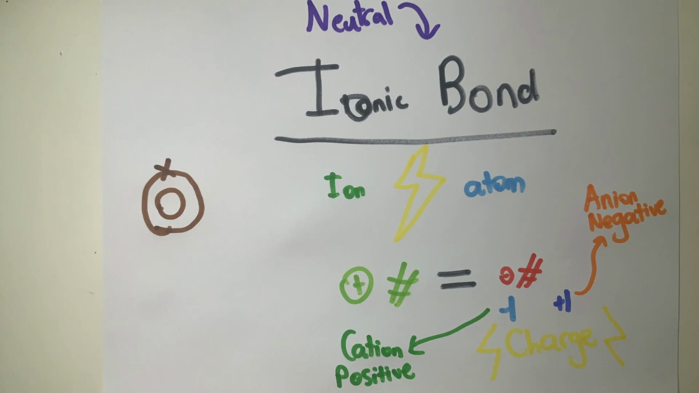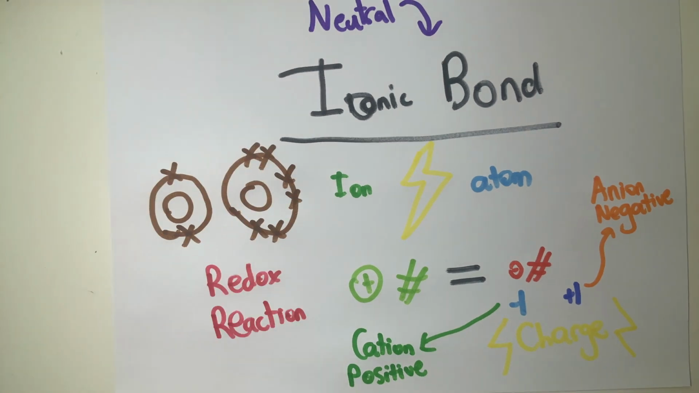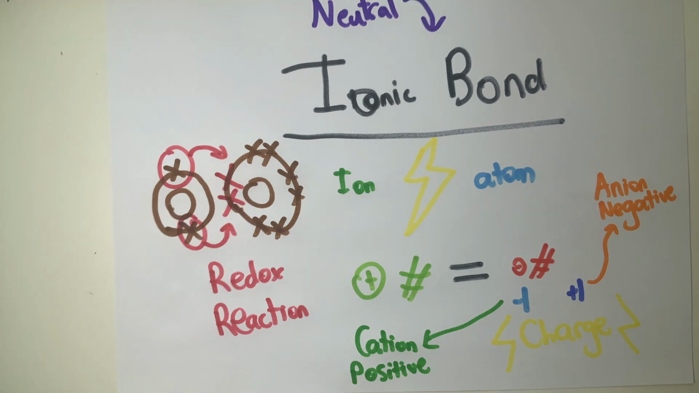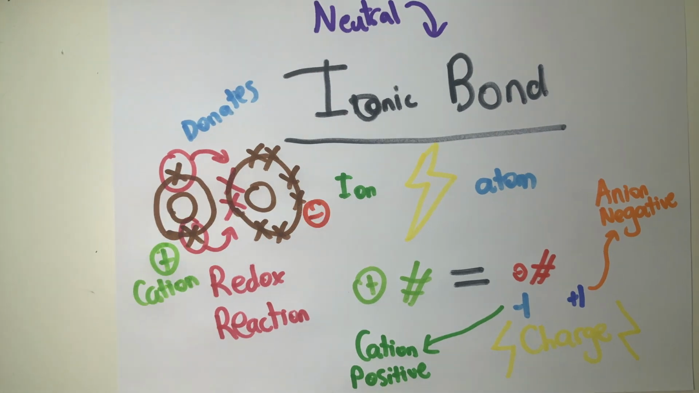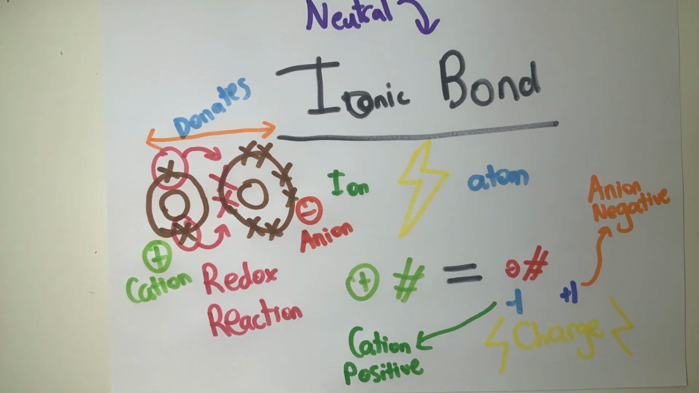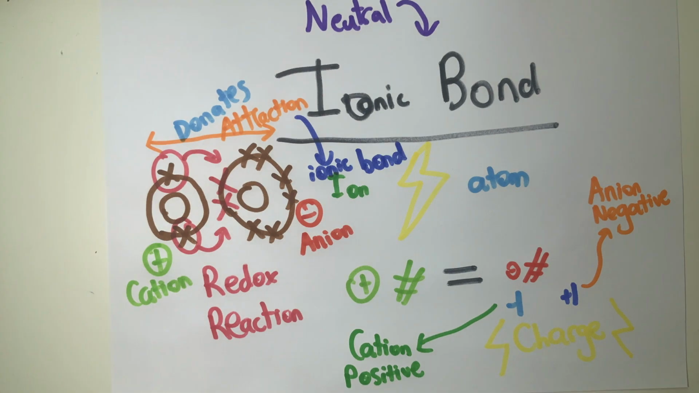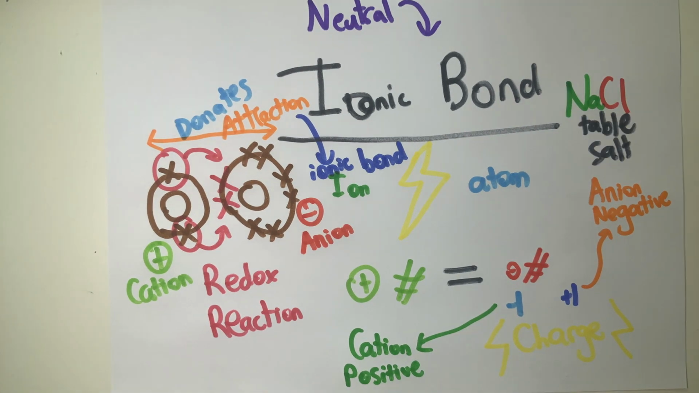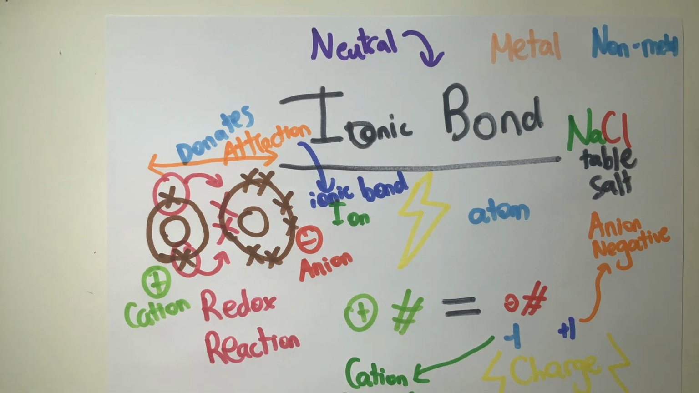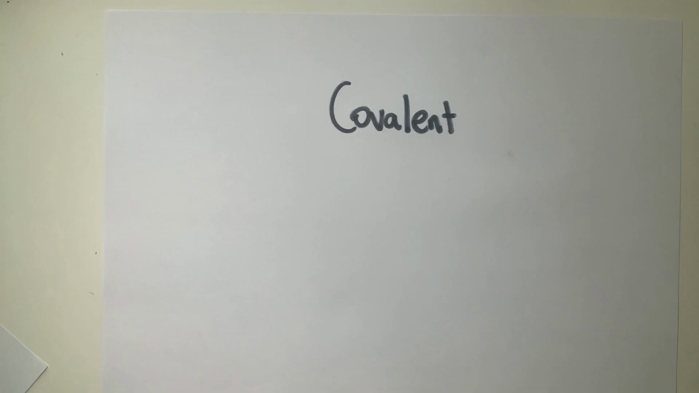If an atom with few electrons in its valence shell comes close to an atom with many electrons in its valence shell, the first atom will donate electrons, and the two atoms will go through a redox reaction. The first atom will become a cation, while the second will become an anion, and the two will attract each other. In an ionic bond, for example, sodium chloride, table salt,